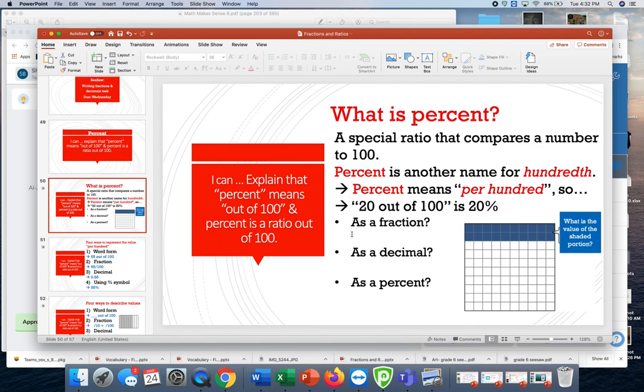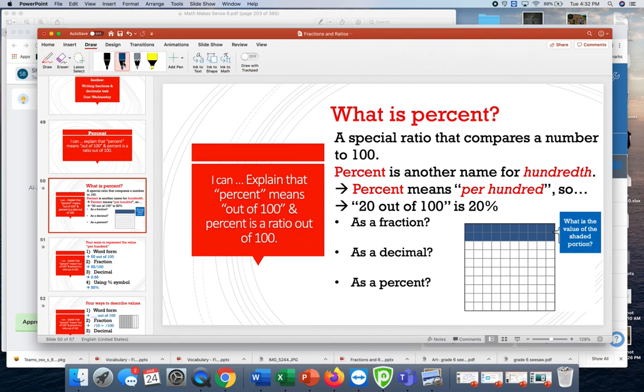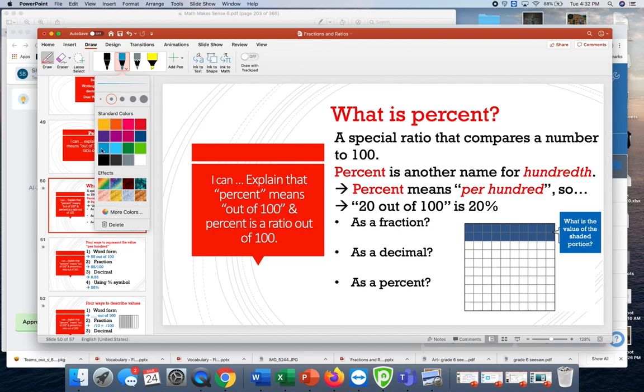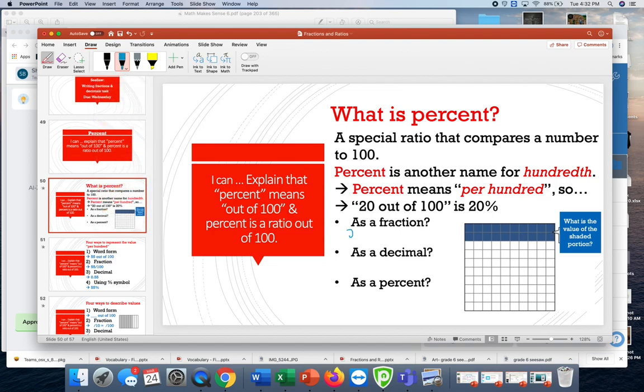Okay, so if I were to write this as a fraction, this is probably not really too difficult for us to do. I'll use my blue pen. Okay, this is harder for me on this computer than it is for you guys. So as a fraction, it would be 20 out of 100, right? Not 2 out of 10, even though that would be an equivalent fraction. That's not really what this one shows. And then as a decimal, 0 and 20 hundredths, not 0.20. Well, technically, yeah, fine, but 0 and 20 hundredths. So as a percent, it is